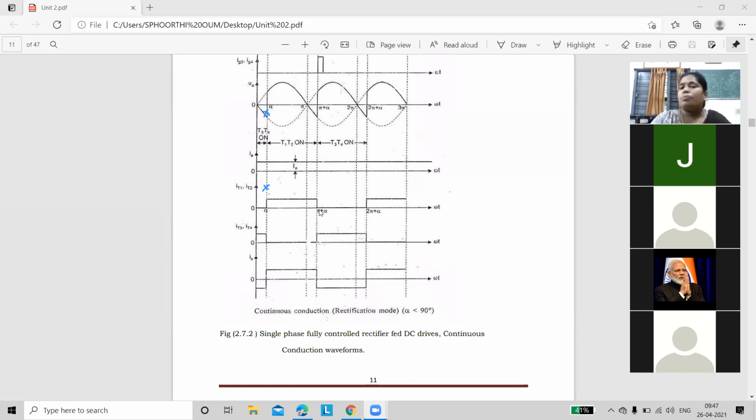And a doubt may arise: why are we drawing a pulse instead of a straight line? It is a DC. And by combining IT1, IT2, IT3, IT4 only, you will get a constant line. We are drawing the waveforms during the respective periods. That's why we are getting the pulses. Okay. And we will continue this topic in the next period.